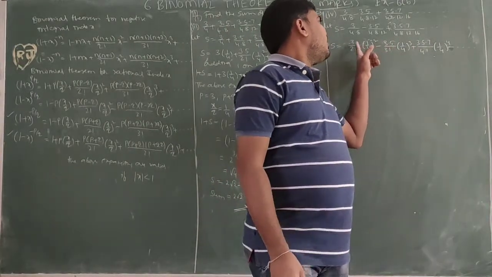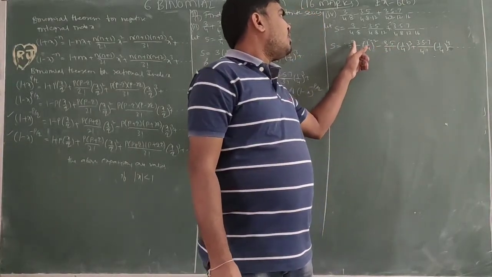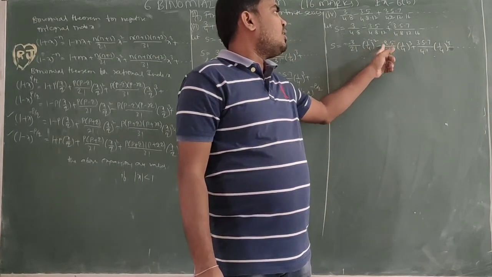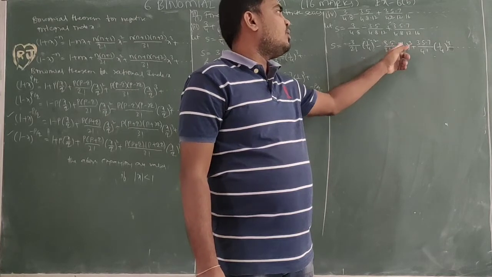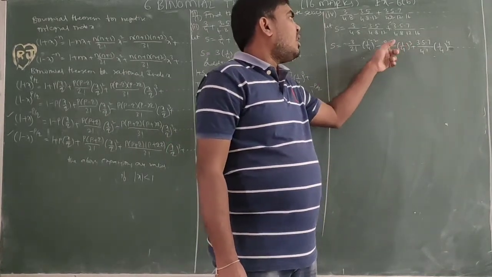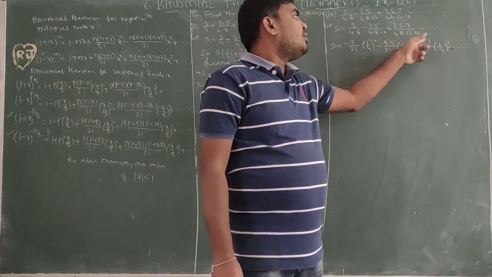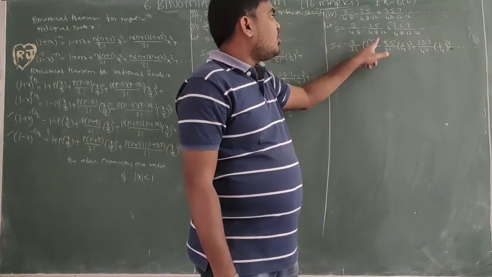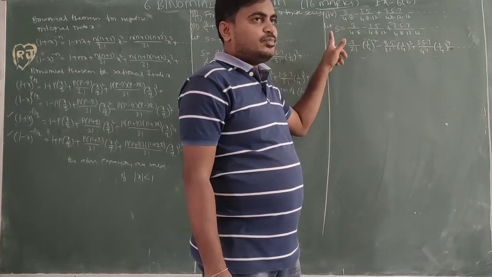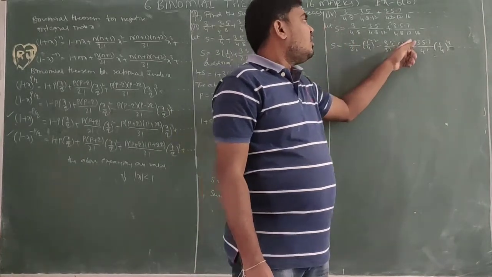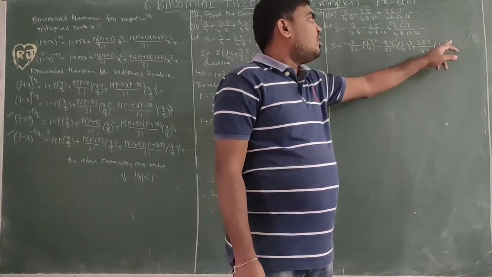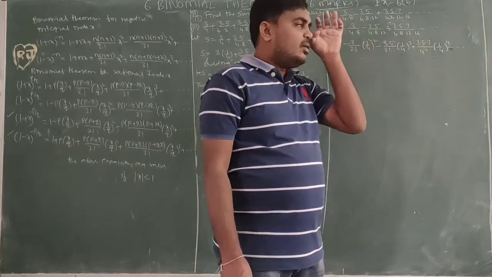So actually we know that the numerator has as many terms as the denominator's factorial, whole power that much. If it is one term, the denominator is 1 factorial whole power 1. If it is 2 terms, the denominator is 2 factorial whole square. But it is not possible to change this one. We need one more term in the numerator. Here, whole square 2 factorial, the numerator contains 2 terms. 3 factorial, the numerator contains 3 terms. 4 factorial, the numerator contains 4 terms.